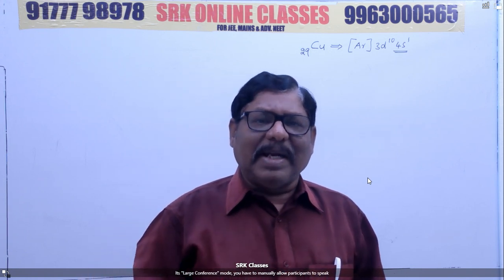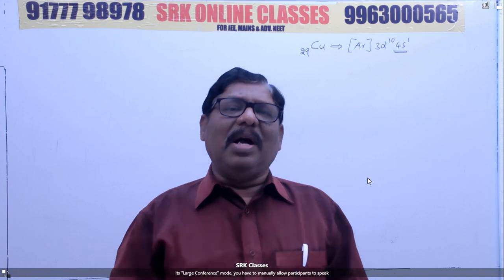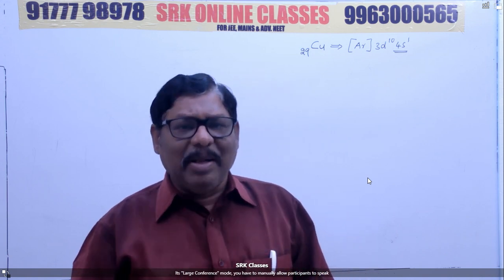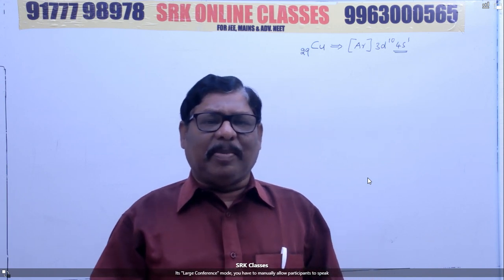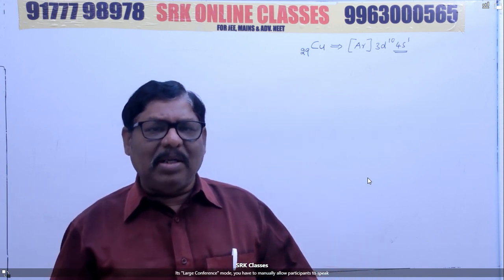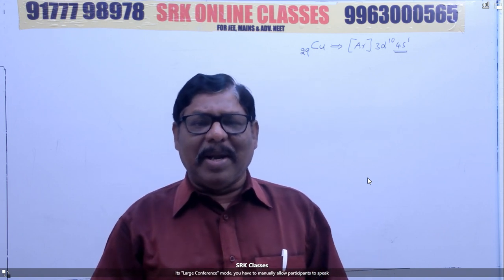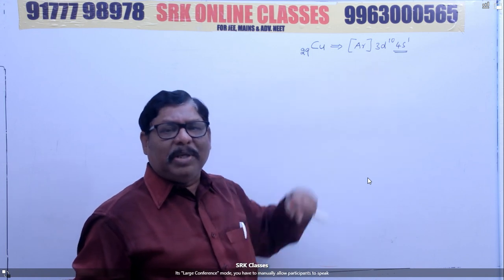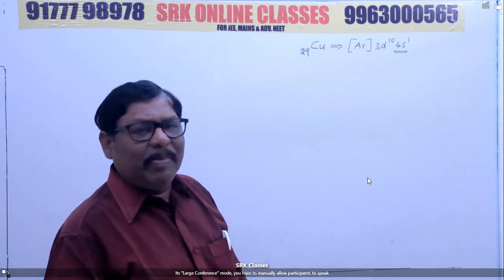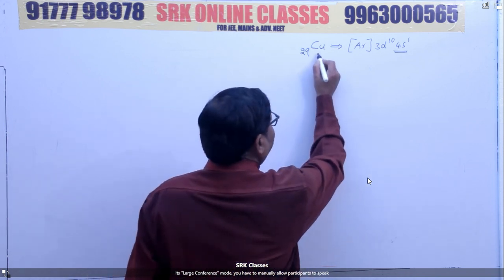There is a second definition for transition elements. What is that second definition? According to this definition, the elements in which a minimum of one unpaired electron is present in the d orbital, either in the ground state or in the prominent oxidation state, are called transition elements. In the ground state, there is no unpaired electron in the d orbital, therefore it cannot be called a transition element. But in the prominent oxidation state,